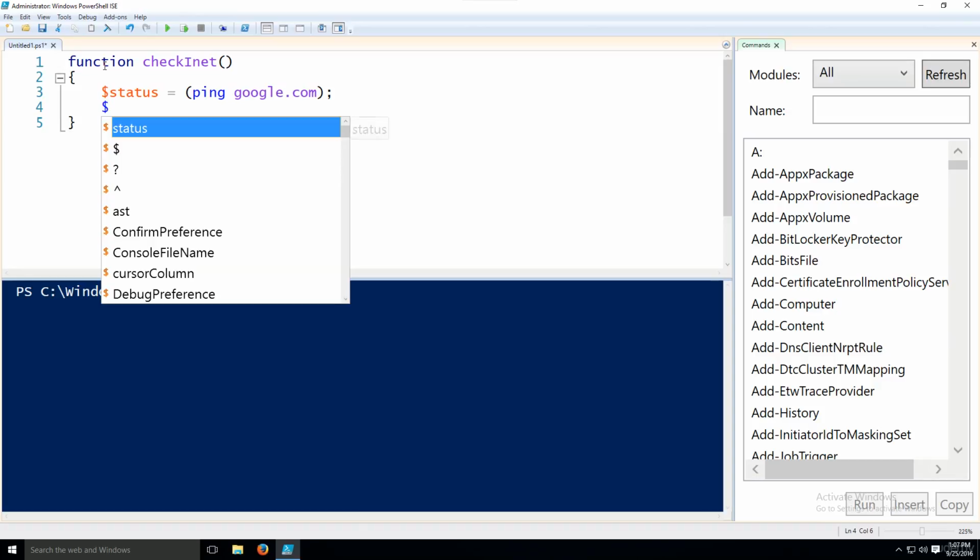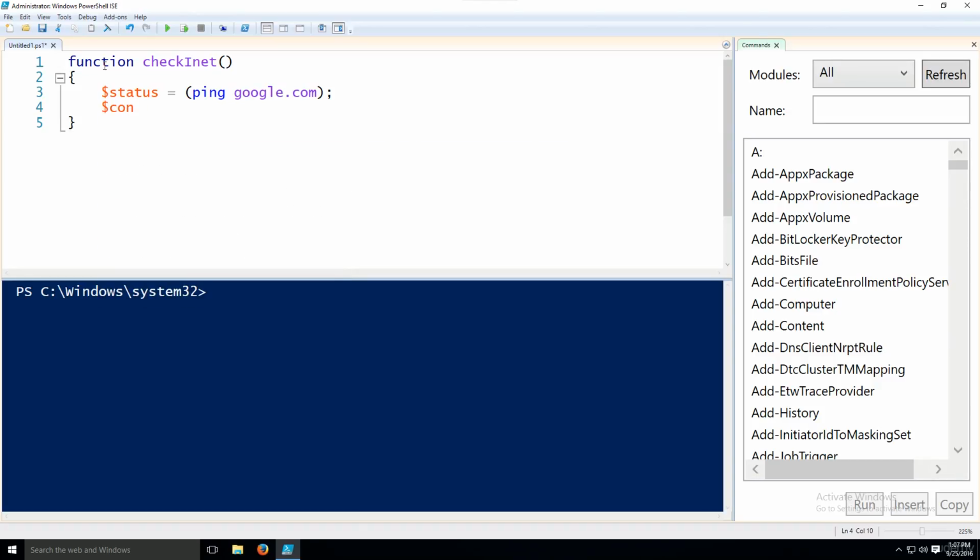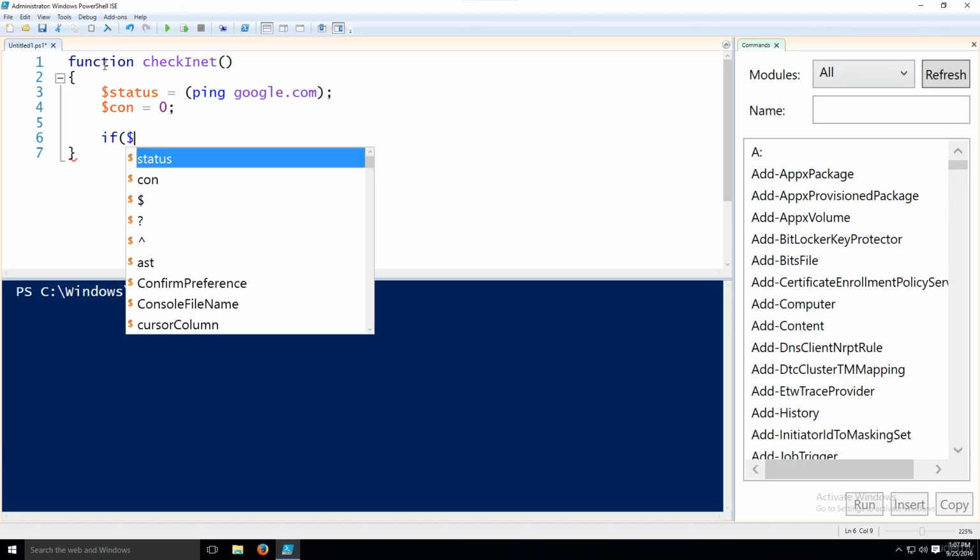Anyway, we move on with the next variable, which will be con, which stands for connection, and this will be a Boolean or an integer used as a Boolean. So we will initialize this to 0. The initial assumption will be that there is no internet connection. And once the check is complete, if there is an internet connection, the con value will change from 0 to 1. So we need to type in if, and then $